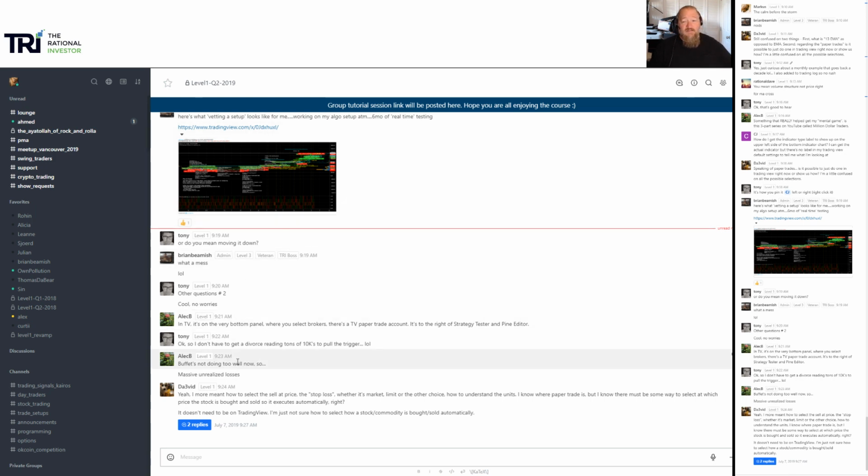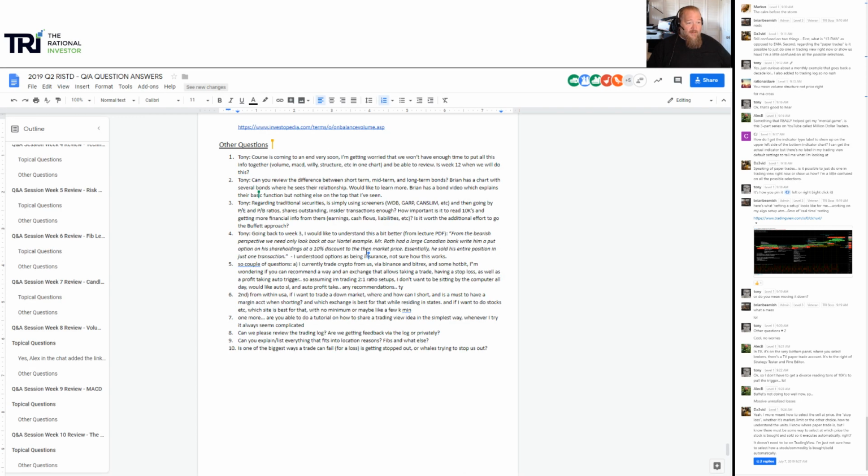If you're talking about stock, the mechanism is very different between, say, a TD Ameritrade account and an Interactive Brokers account. The interface is very different. And E-Trade, same thing, very different. So you need to get used to how each one works. So I don't know if that really answers you, but